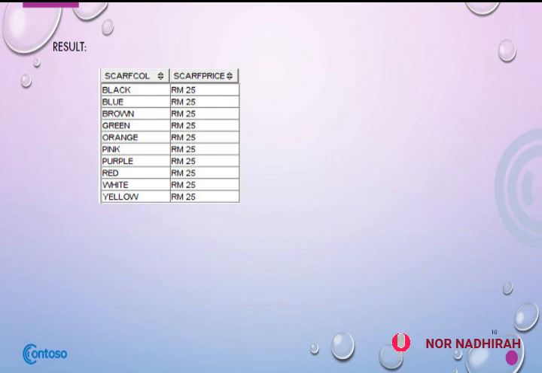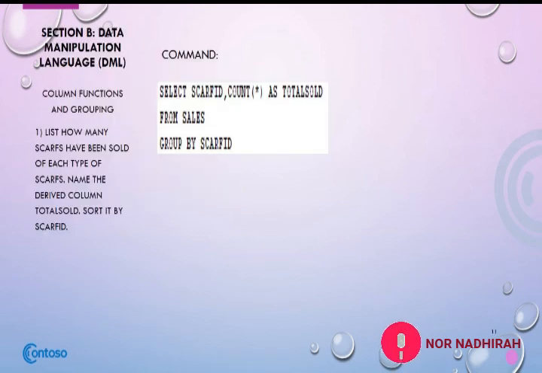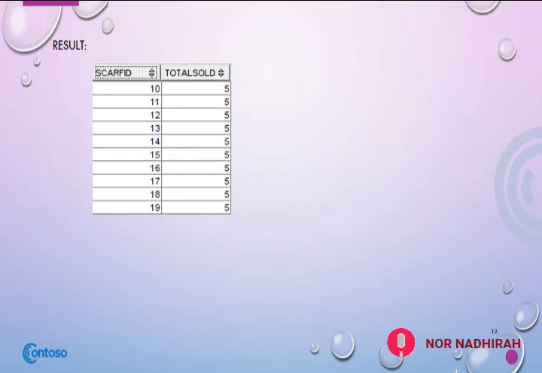The third is column function and grouping. The first question is, we need to list how many scarves have been sold of each type of scarf. Name the derived column total sold. Sort it by scarf ID. So the command is select scarf_ID, count as total_sold from sales, group by scarf_ID. So the output is